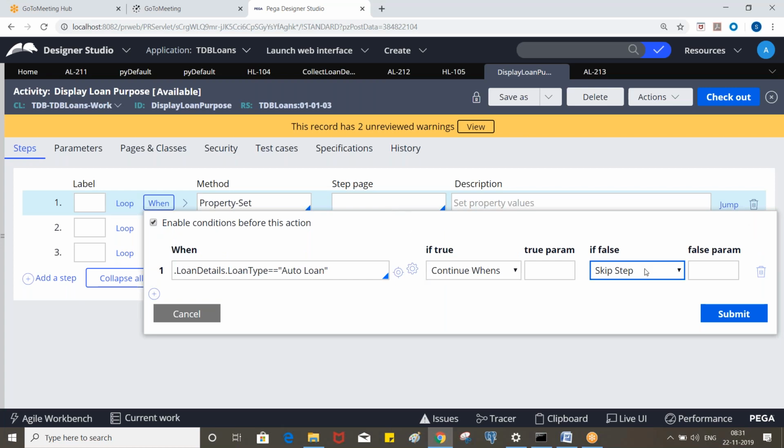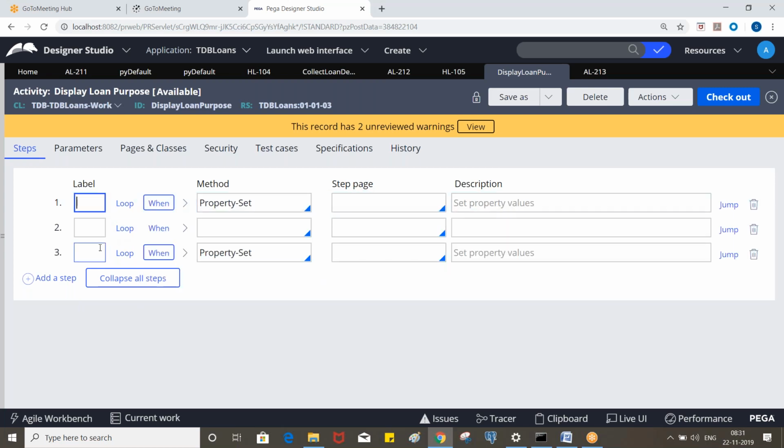If it is false, you don't need to execute the second step either, and you can jump to the last step. Let's say for home, you can put it like this, and you need to put it like this.